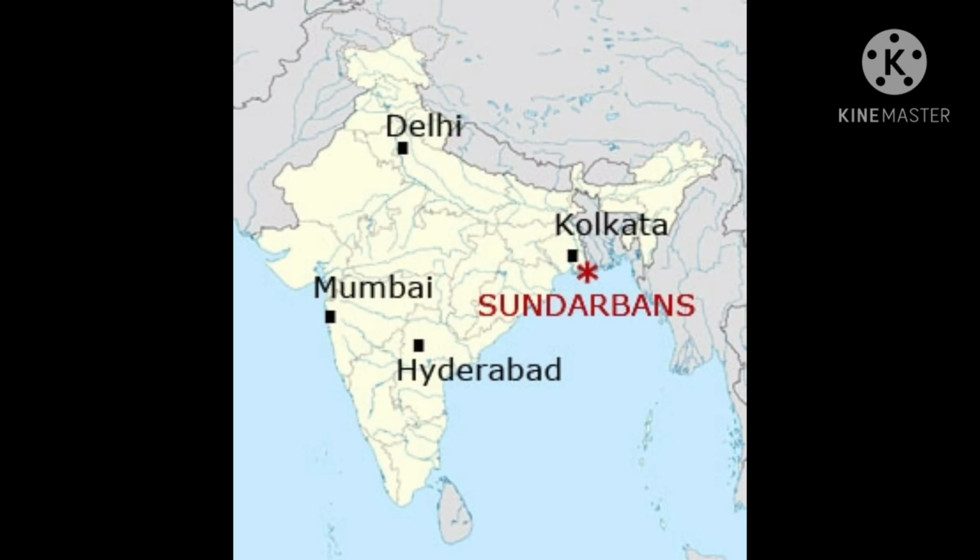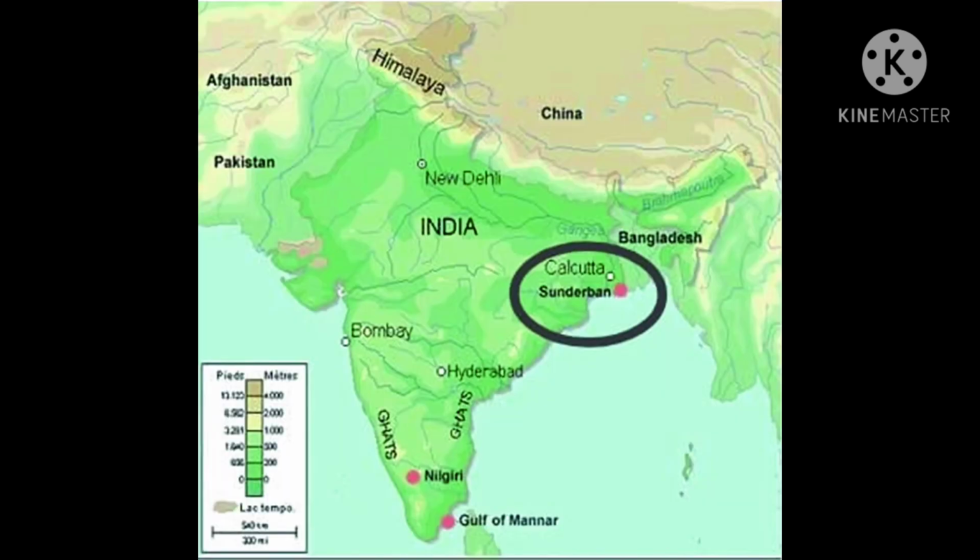Children, next is Sundarbans. The Sundarbans mangrove forest, one of the largest such forests in the world, lies on the delta of the Ganges, Brahmaputra and Meghna rivers on the Bay of Bengal. It is adjacent to the border of India's Sundarbans World Heritage Site inscribed in 1987.